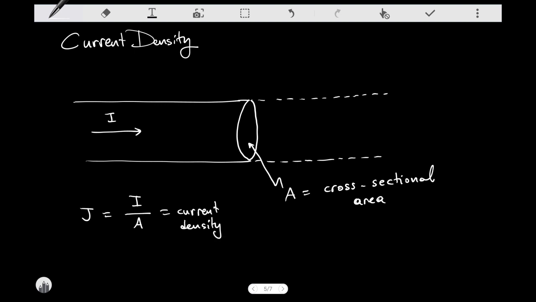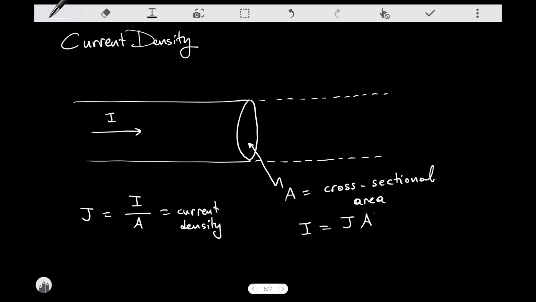Okay, so it's a density per area. So from this expression, it can be seen that it's quite easy to write that the current is current density times the area. Now, if we just look at this expression,